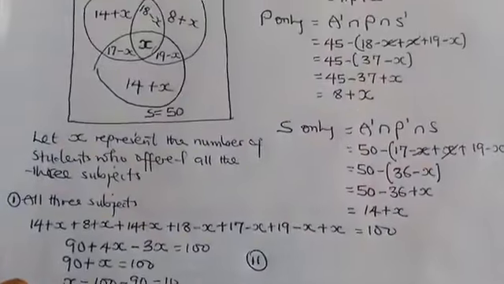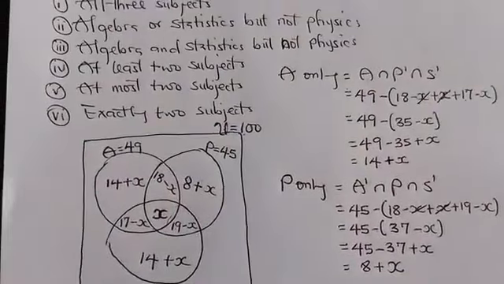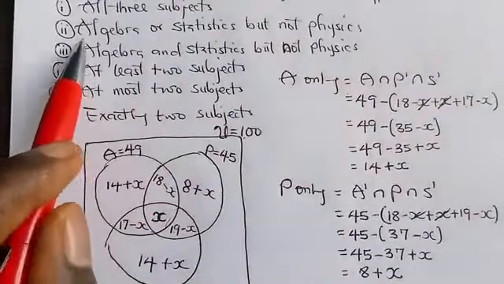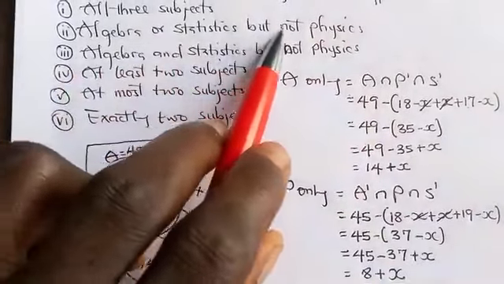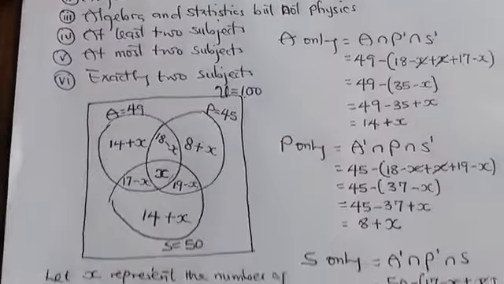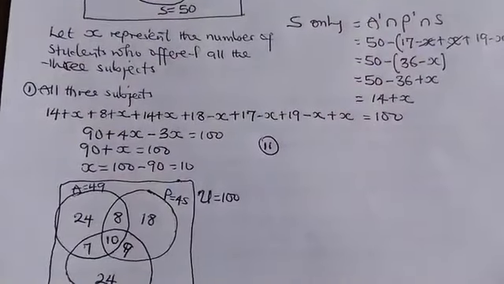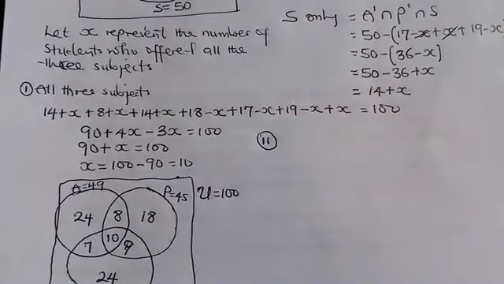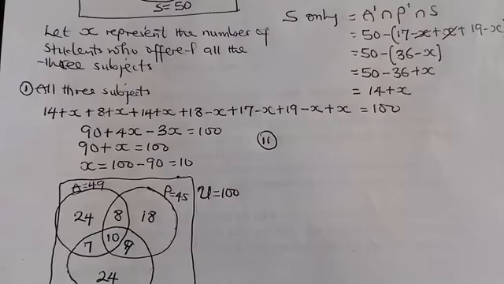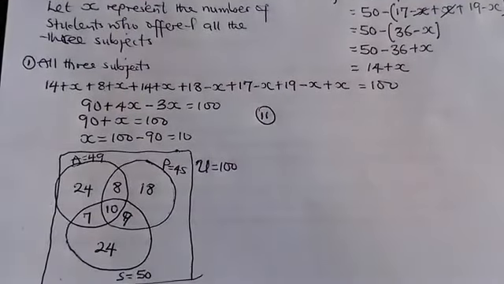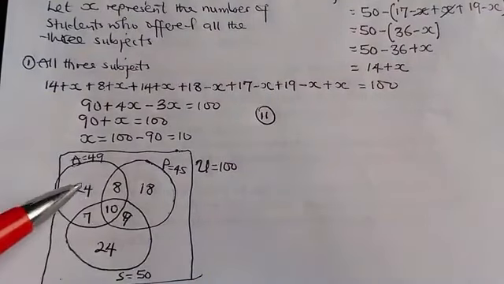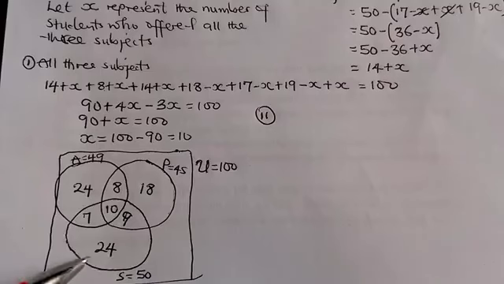The second question says, how many students offer algebra or statistics but not physics? When you hear about or, you are talking about the union of sets. Whereas when you hear and is intersection of set. Or simply means the element in a given subset or the element in the other subset or both of them